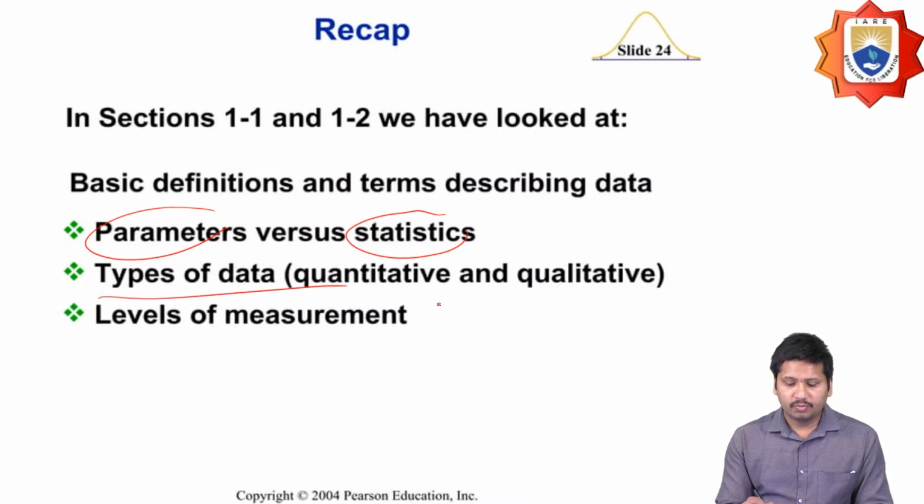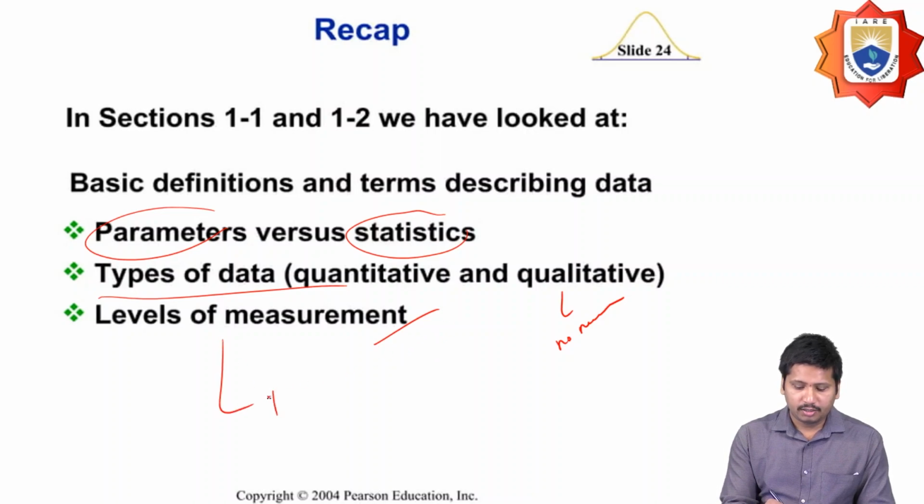And the types of data, what I said, are qualitative and quantitative. Again, quantitative is discrete and continuous, whereas qualitative is different, where no measurements are considered. And different levels of measurement I also discussed, like ratio scale, interval, ordinal,